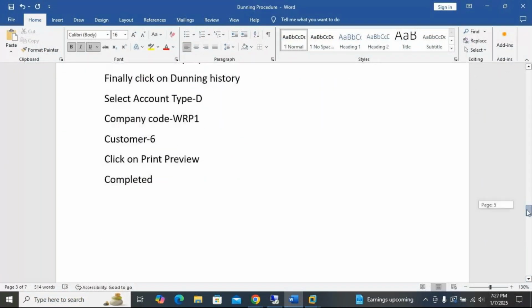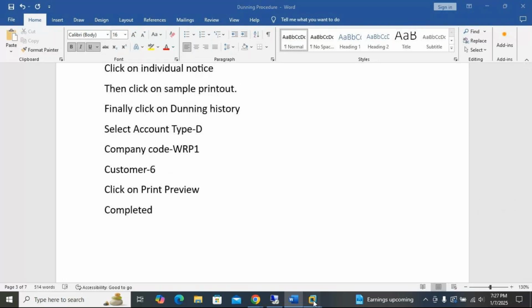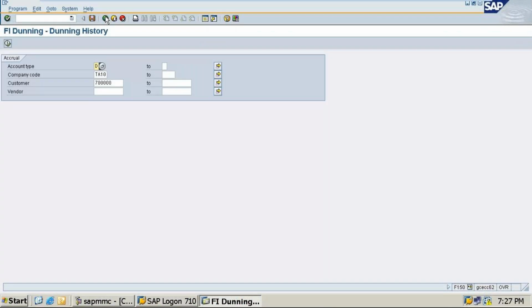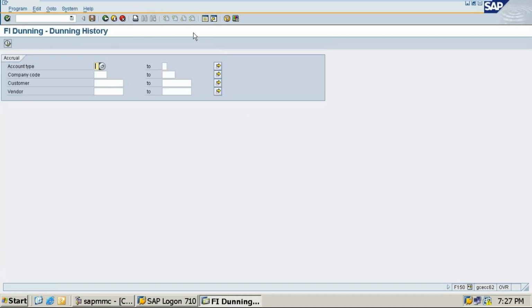So in this select account type D, company code, customer 6, click on print preview. Okay, once you click on print preview, then it will come up. So this is the execute button. Print preview will be there. So dunning history to check.